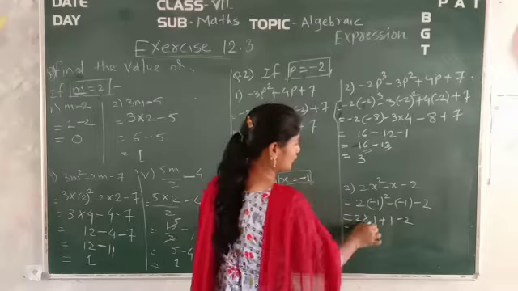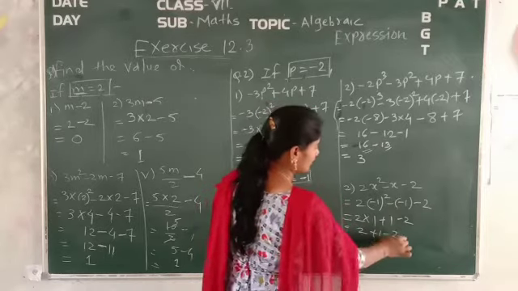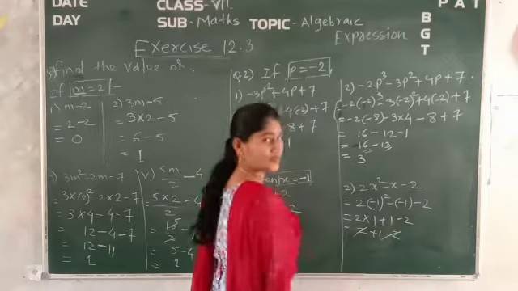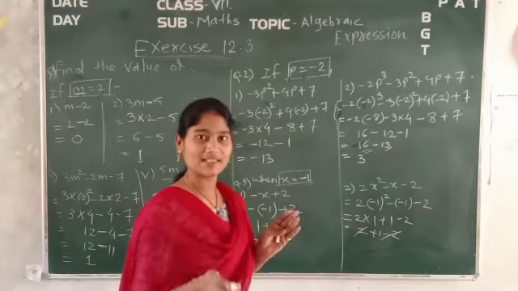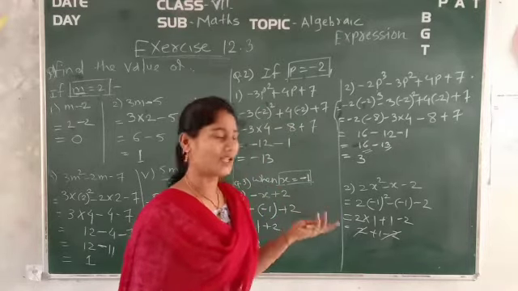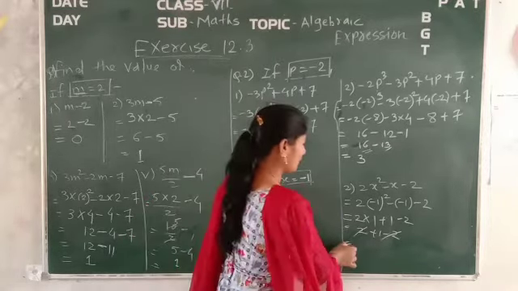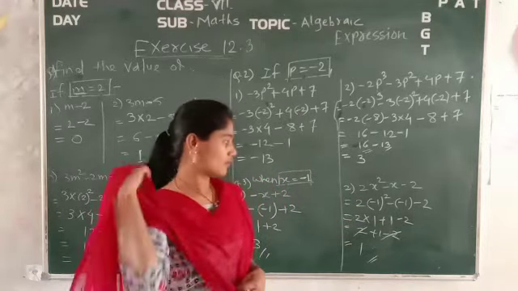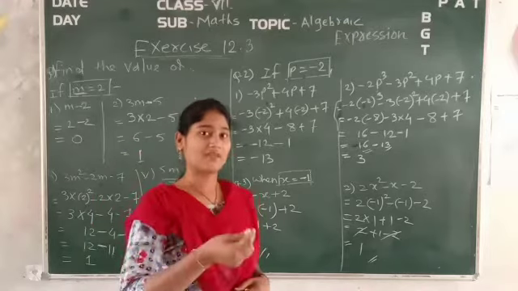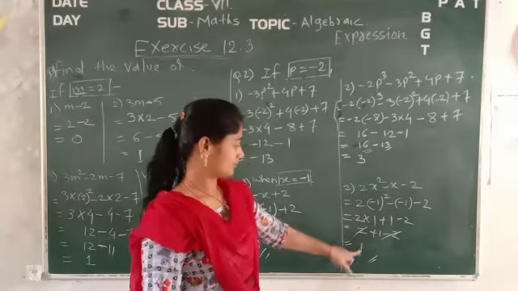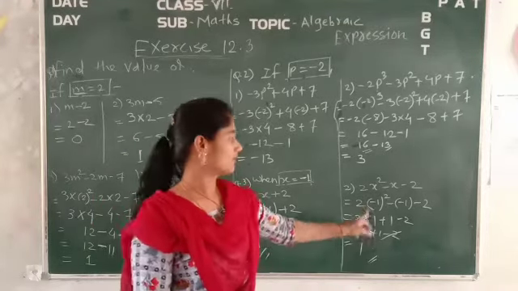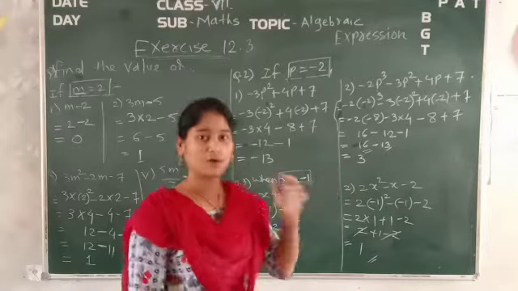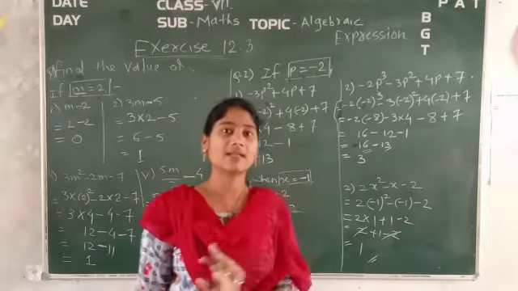Okay, which is equal to 2 1 are 2, plus 1 minus 2. So plus 2 minus 2, opposite terms cancel out. We learned yesterday. Okay, so it is plus 1 only that will be the required answer of this variable expression. Okay, so what is the value that you got? That is plus 1 only by putting the value of x is equal to minus 1. Okay, is that clear right now?